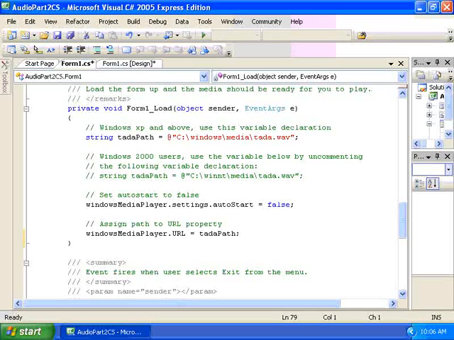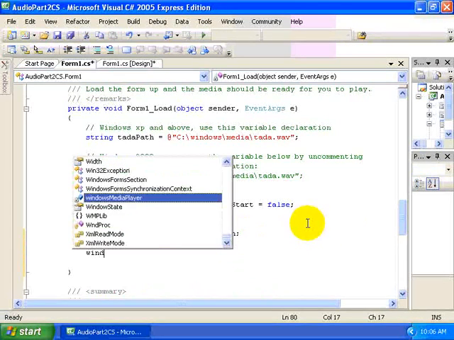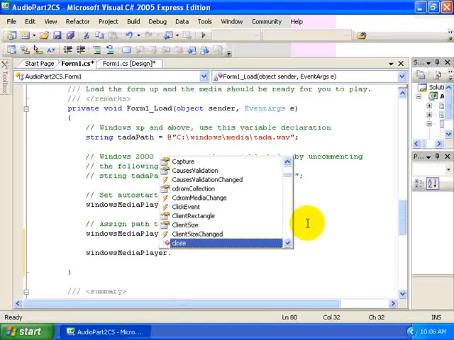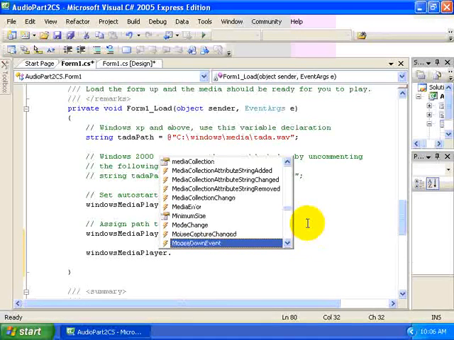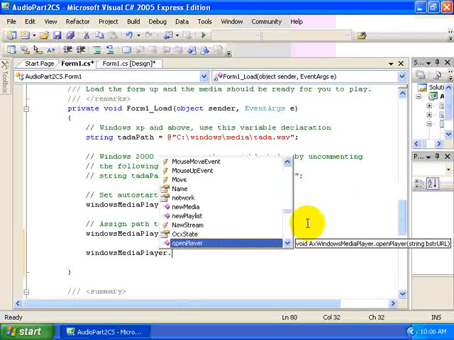As you might expect, just about any feature of the Windows Media Player control is available programmatically through the properties of the control itself, as well as its settings class. Let's take a quick browse through the various properties that are available. For example, you get a reference to the CD-ROM collection. In other words, all of the bits of media that are on a CD-ROM, or even on a playlist. If we scroll down, we can find a similar collection for playlist items. Media collection, and then also I think